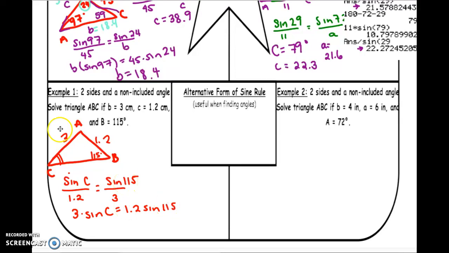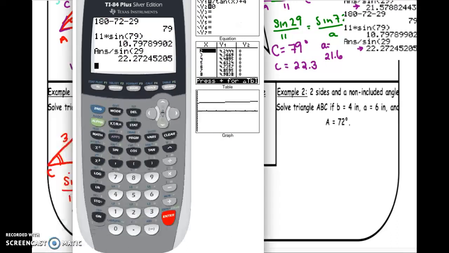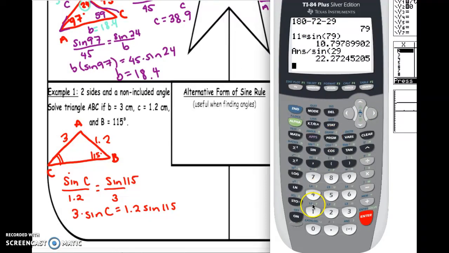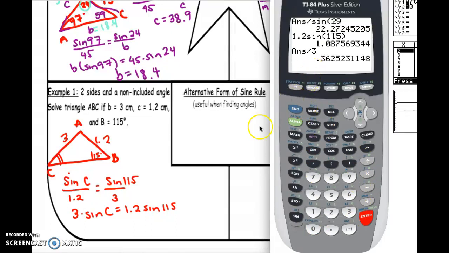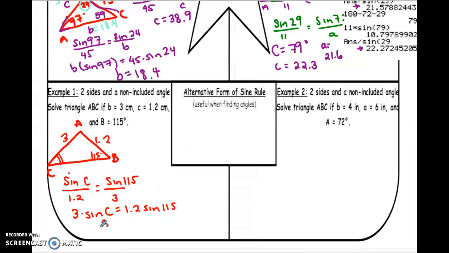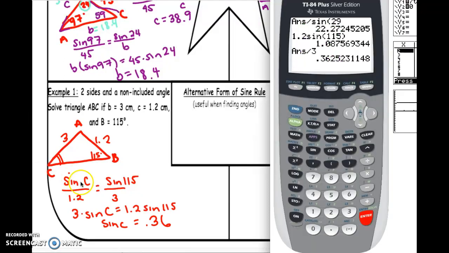So if I grab my calculator, we would say 1.2 times sine of 115 divided by 3, and I get that sine C would be 0.36. That might have rounded up, I'm not sure. Okay, let's say